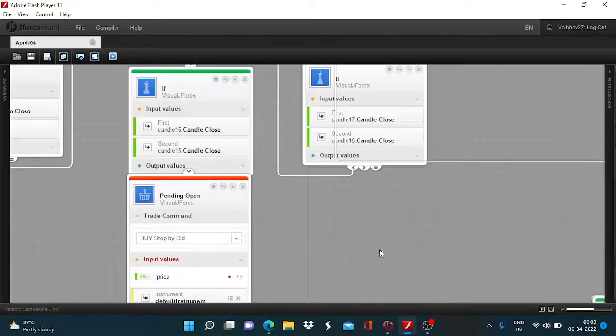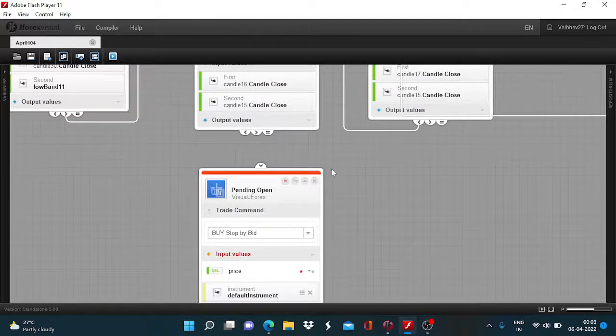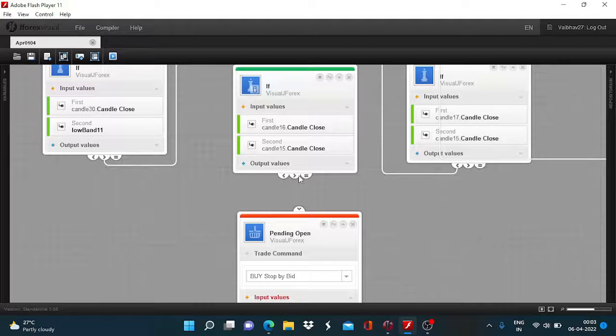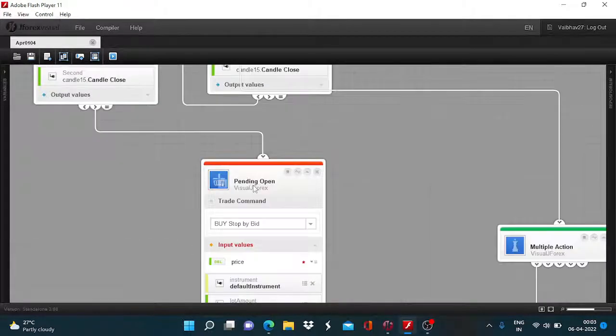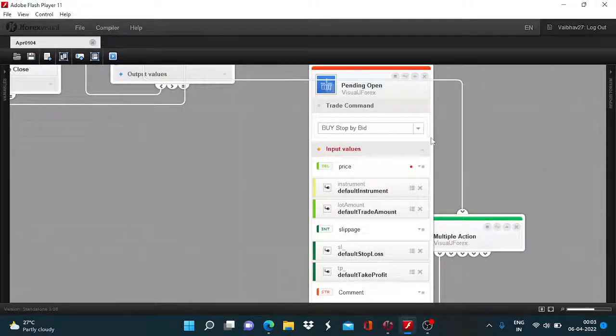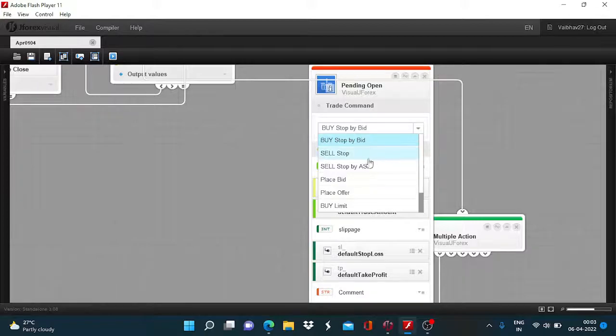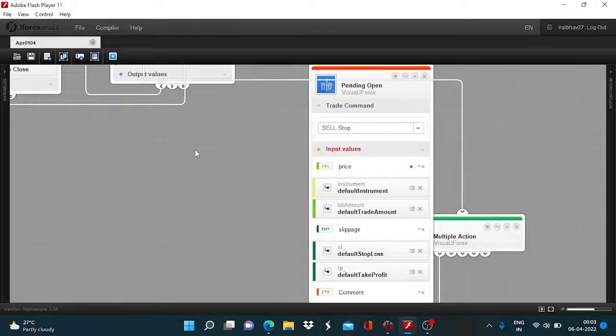We are using the pending open order. So first input greater than second input is going to be a sell stop trade,